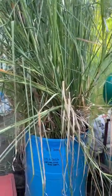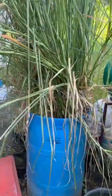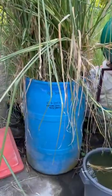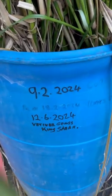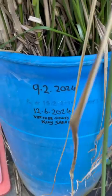Okay, today's the 26th of July 2024. Here is another update of this R&D 200 litre drum, the 44 gallon. And you can see here when we started it was the 9th of the 2nd, and this is another update. So you can see now that's basically what